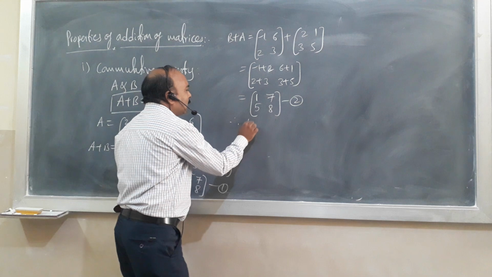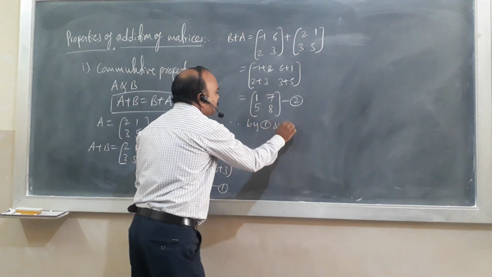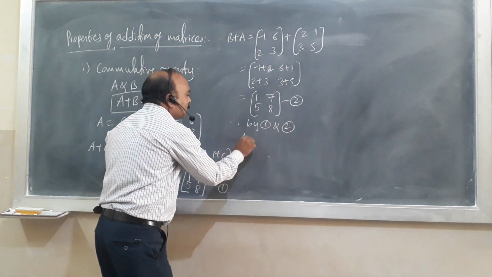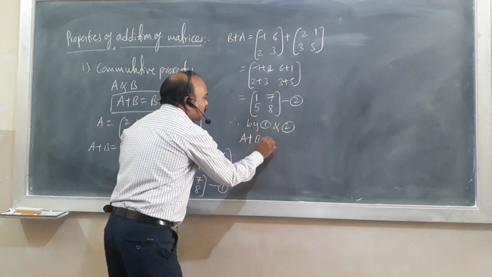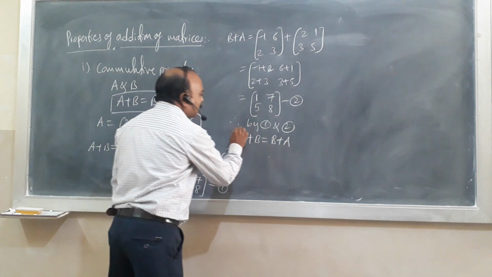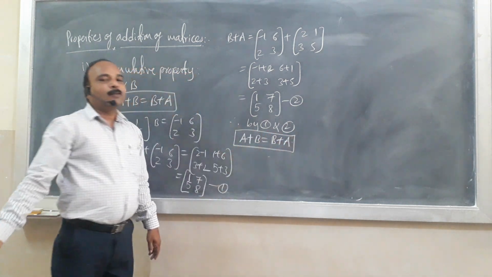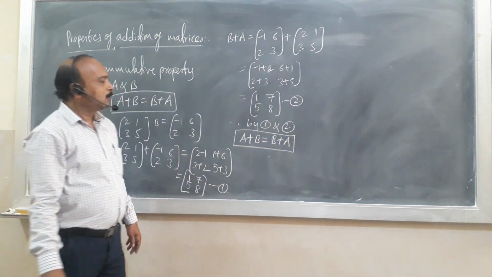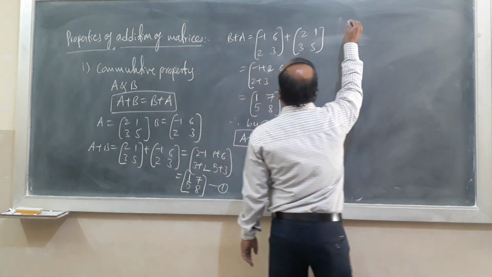Therefore we conclude that by 1 and 2, A plus B is equal to B plus A. This is nothing but the commutative property of addition of two matrices. Next we go for the second one,